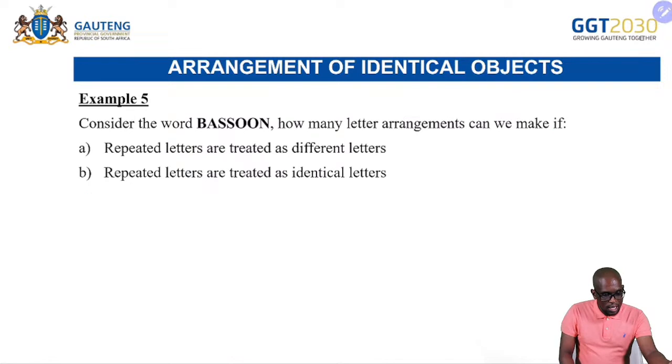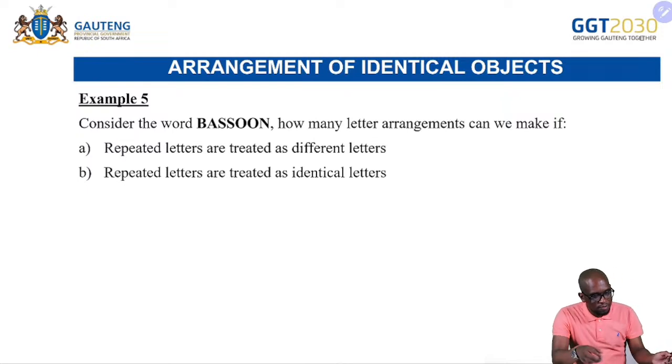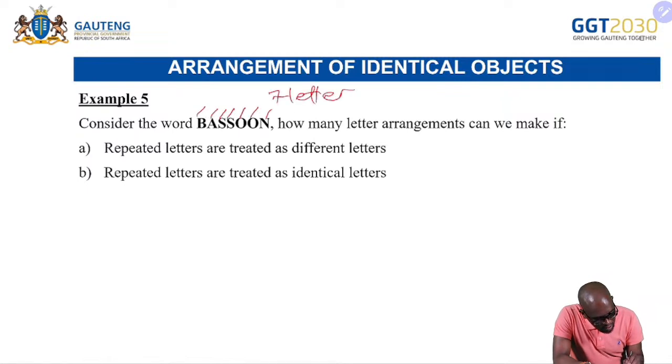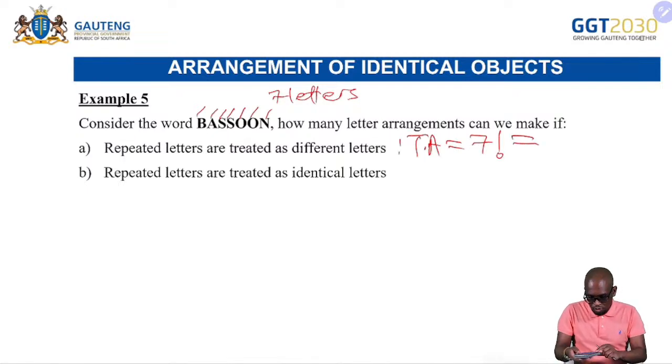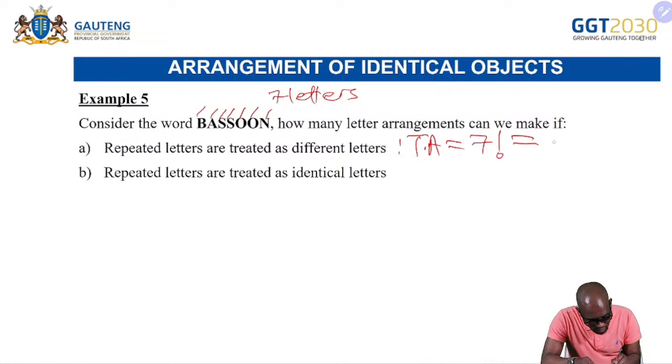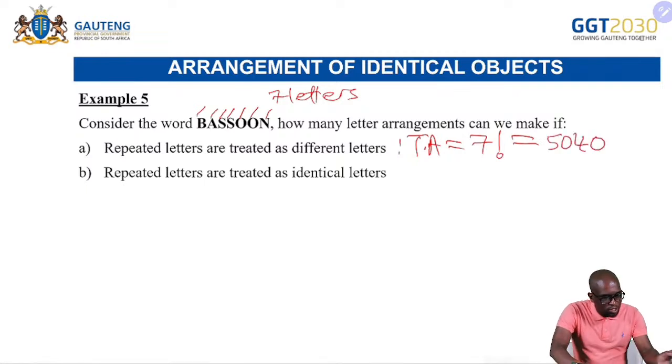Right, let's check another example. Example 5. Consider the letters of the word Bassoon and how many letter arrangements can we make if the repeated letters are treated as different letters. Now, if we count these letters, it's 1, 2, 3, 4, 5, 6, 7. It's 7 letters. If they are different, then the total arrangement would be 7 factorial, which is 5040. However, if the repeated letters are treated as identical letters, then